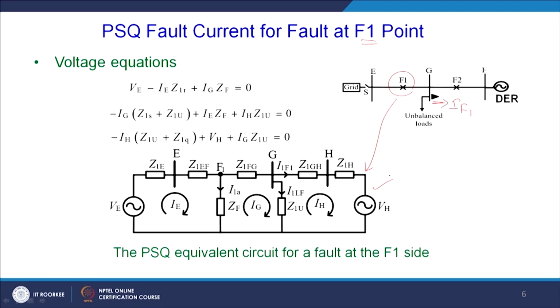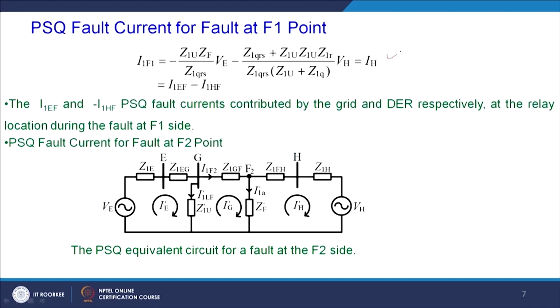Now, here we have 3 loops 1, 2, 3 and 3 currents IE, IG and IH. By solving these 3, we will get the corresponding fault component, that is I1 F1, the positive sequence fault current component. It is very easy, as I have discussed previously for my case of pre-fault currents. Here you can see this V and VH, the corresponding currents, and this is the resultant of this